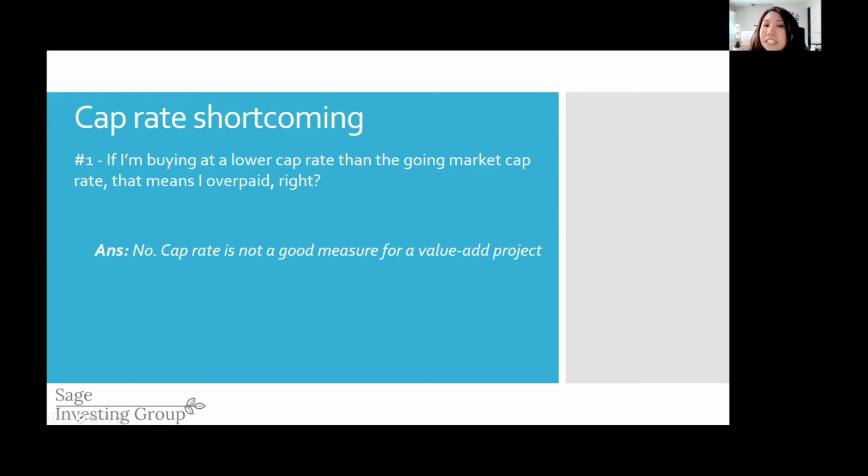Cap rate shortcoming number 1 is that cap rate can be meaningless when determining the value of the property for acquisition if the property isn't stabilized, either because the rents are lower, the vacancy is higher, or expenses are just greater than comparable assets in the market. For whatever reason, you know that the NOI is not being maximized. In such instances, applying the market cap rate will not achieve an accurate pricing because there is room for improvement, allowing opportunity to maximize the NOI by implementing a value-add business plan. A value-add business plan generally requires adding capital improvements at cost, increasing rents, and decreasing expenses. So as an example, on the next slide,